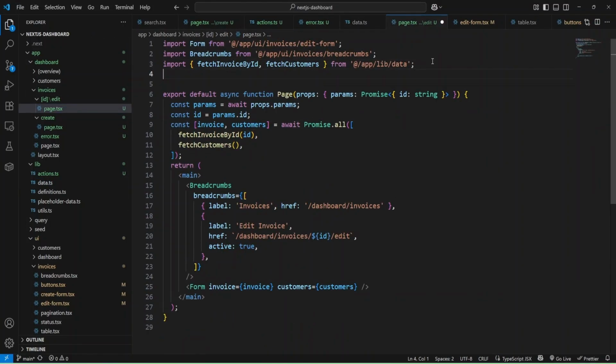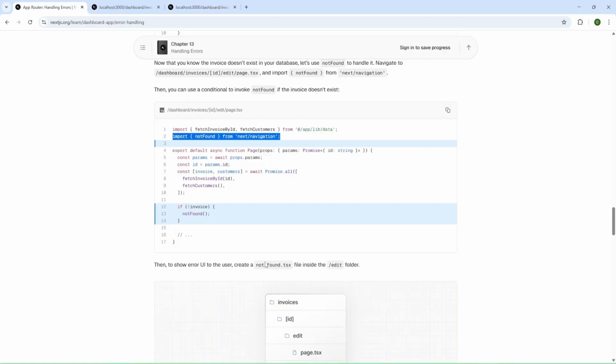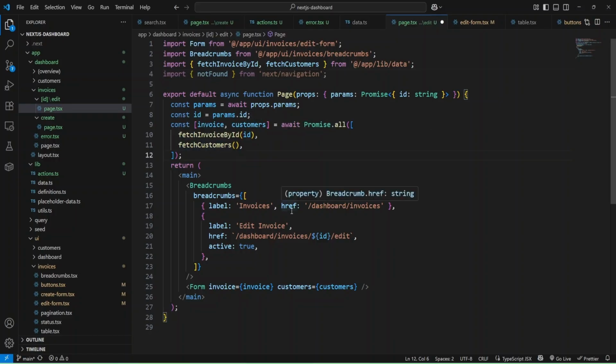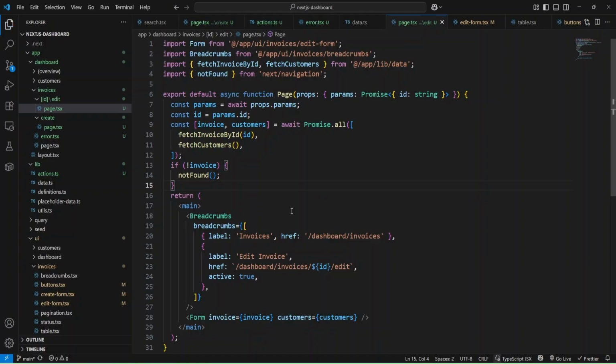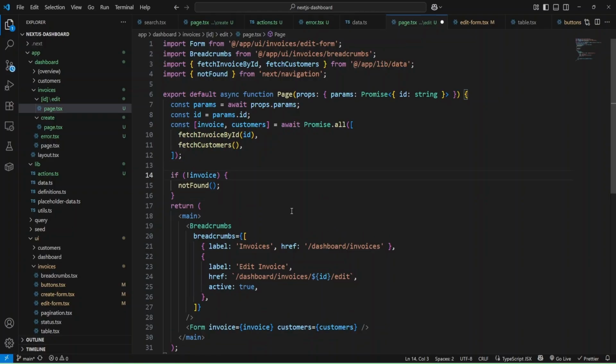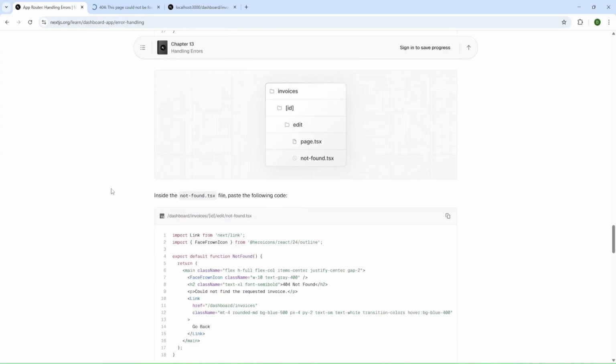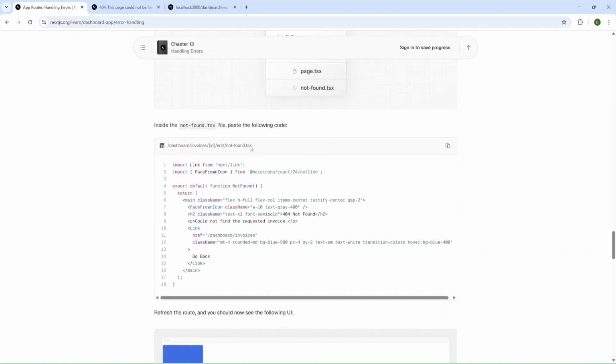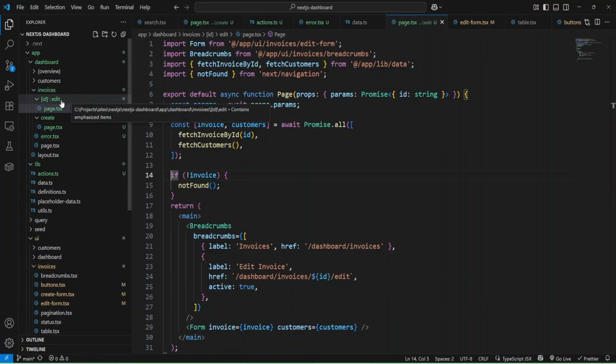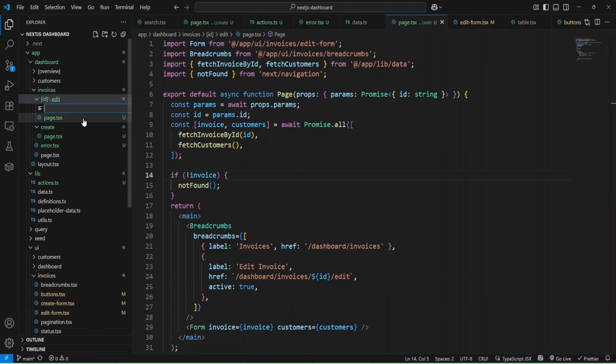And let me add this import, and also check if we don't have invoice, then we'll return not found. Okay, and also we need to add not found file inside edit folder. Okay, and let's do it.